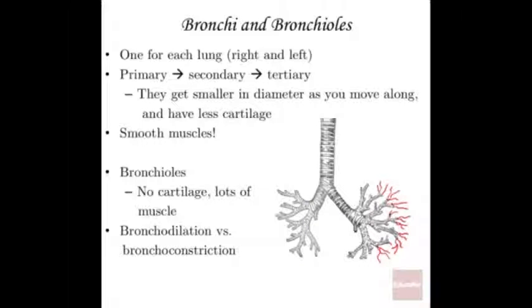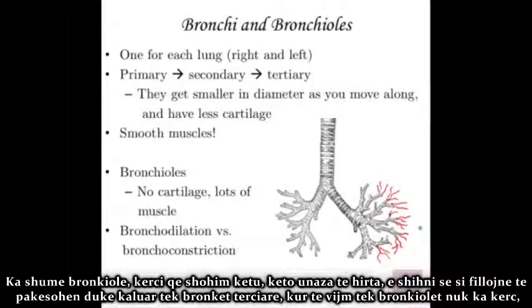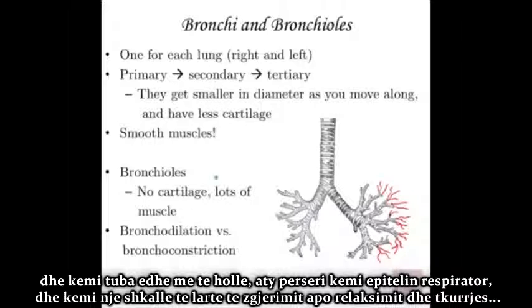With the little drawings I'm making here, I'm not even doing it justice. There are so many bronchioles. And like I said before, the cartilage that you see, these little grayish rings, you can see they get reduced and reduced as you get into the tertiary bronchi. When you get to the bronchioles, no cartilage. And you're having a much thinner tube. You've got that respiratory epithelium still in there.